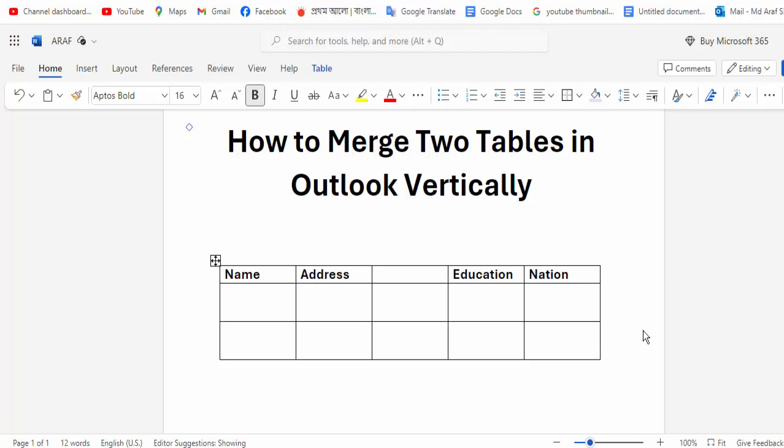Today's video: how to merge two tables in Outlook vertically. So let's start. At first, open your document. Firstly,